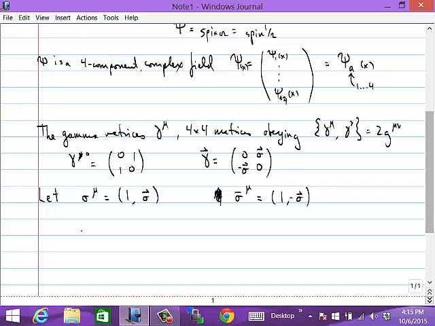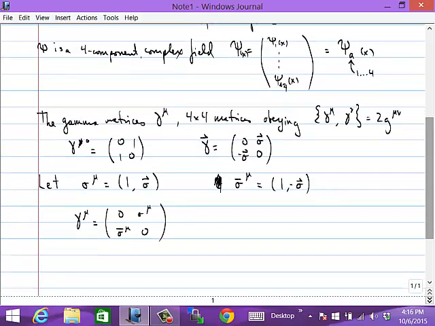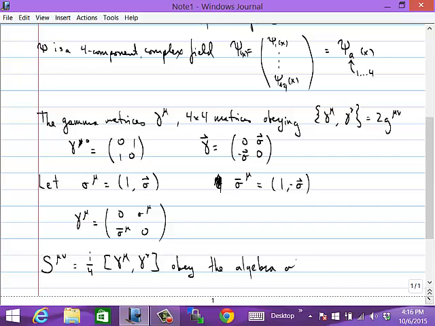And then with that notation, the gamma mu's can be written a little bit more compactly as that set of 2 by 2 off-diagonal matrices. So these are the gamma matrices, and my claim last time, which you'll verify on a problem set, is that the commutators